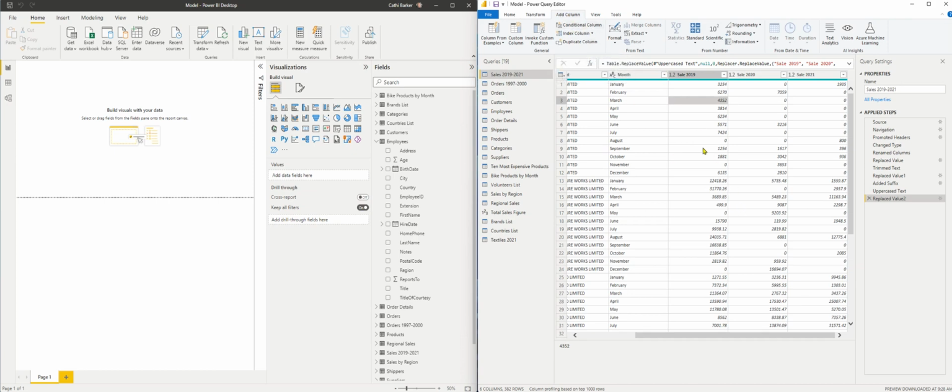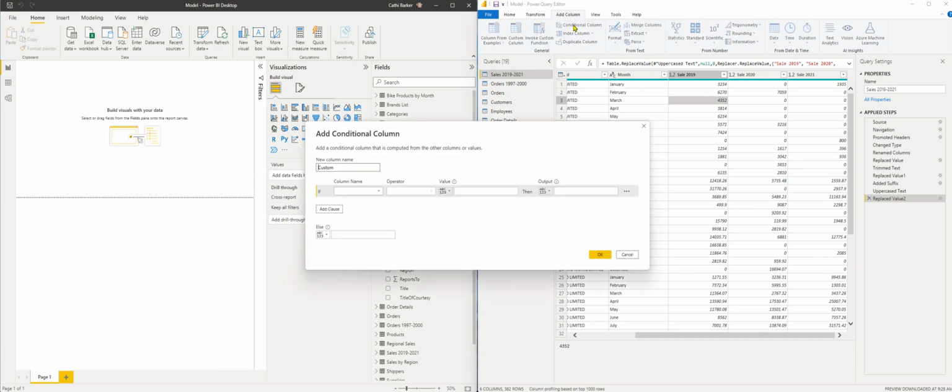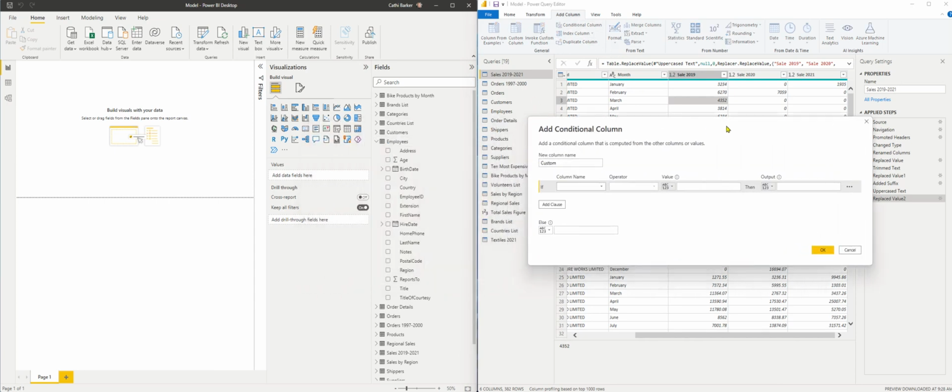I really want to say, if a sale in 2019 for a particular brand was greater than 20,000, then that's considered a top seller. But if it's greater than 10,000, then it's considered a popular brand. Otherwise, it's just a standard brand. And so to create a conditional column, I'm just going to go to this button here and give it a name. So in this case, it'll be 2019